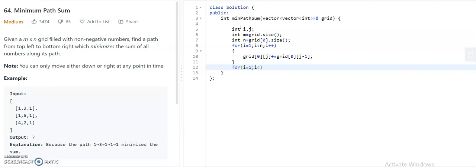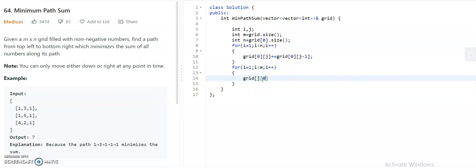Like this for the first column also. When you are taking the column you have to take the number of rows, so you take m. As you are taking the column, you will move from top to bottom. So what changes here is the value of the row, and the column number will be constant, that is 0.